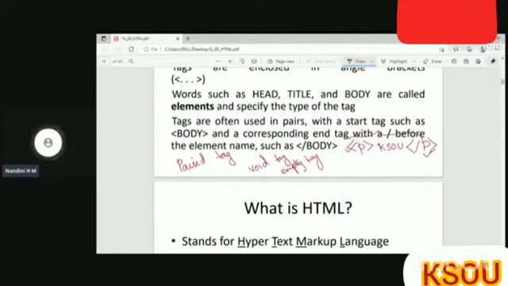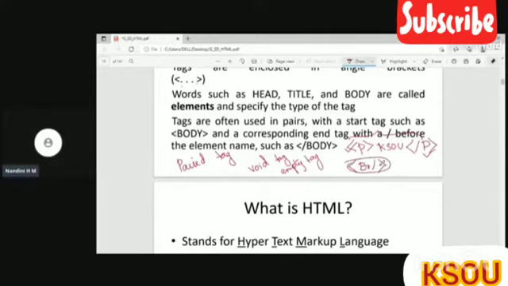In case of void tag, it does not contain any closing tag, but as soon as you write the tag, you will use the / to end it. So this is called as an empty tag or a void tag. Okay, after the tag element, it will contain a /.